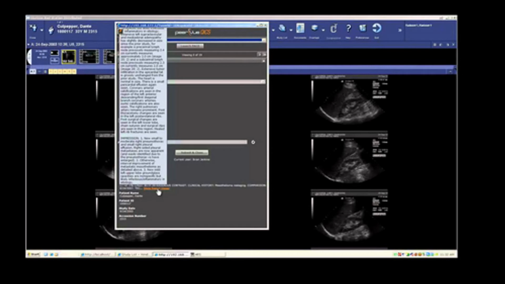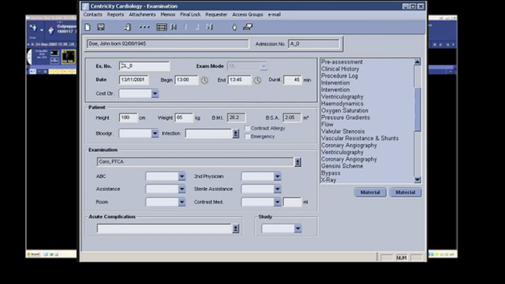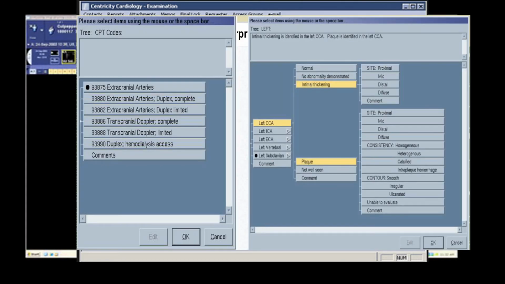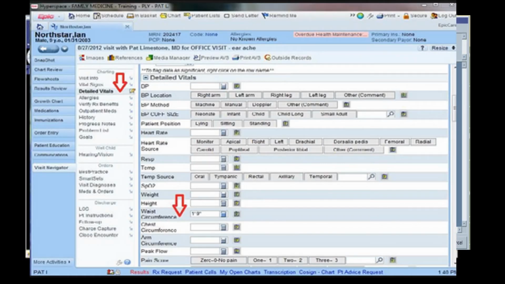For radiology reporting, we use a McKesson PACS system. There's a Centricity RIS system. We actually use Epic for a RIS system now, though GE does have a RIS system. There are other systems where you can look up CPT codes as well as ICD-9 codes for various things. Here's the